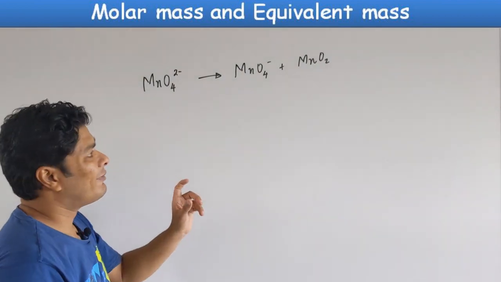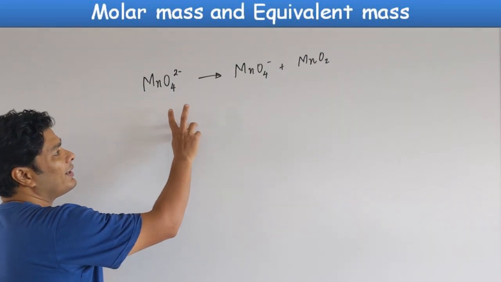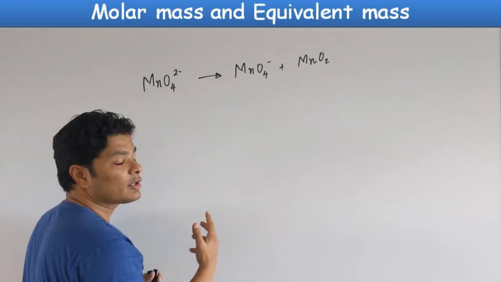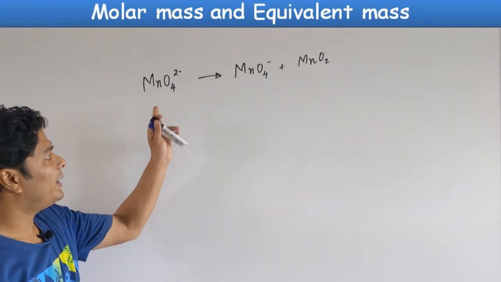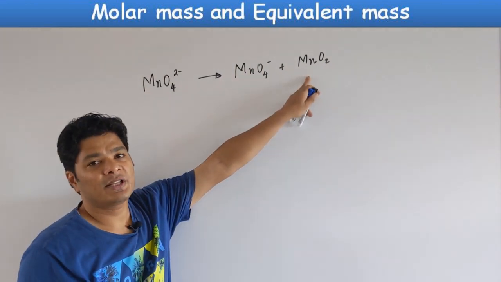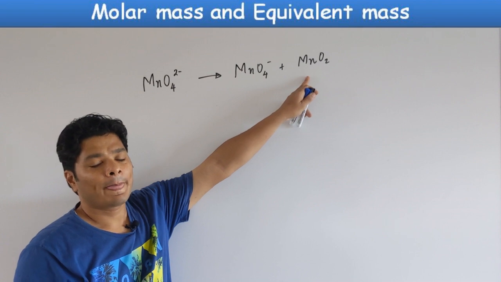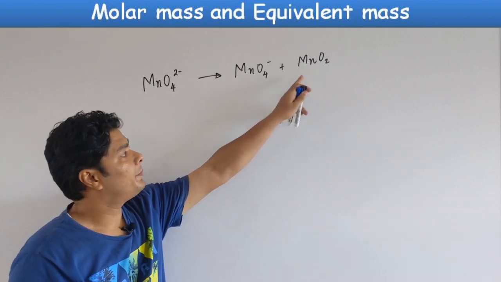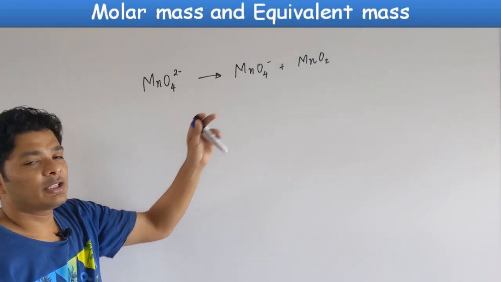If you look at the E0 values, the E0 value is such that when it goes this way, it is spontaneous. E0 for the total reaction will be the E0 of this and the E0 of this. When you combine them, you actually see that it's a positive value. You can see the Latimer diagram in the electrochemistry lecture. So it will be positive, so it is going to disproportionate.